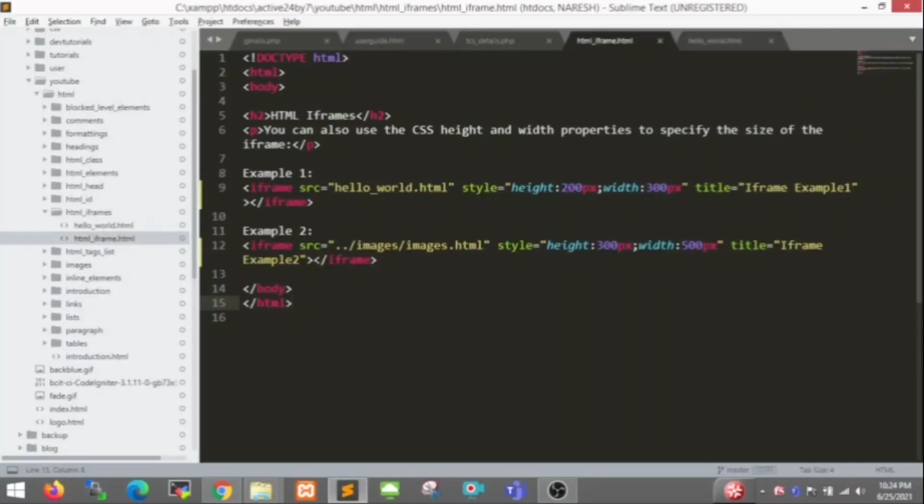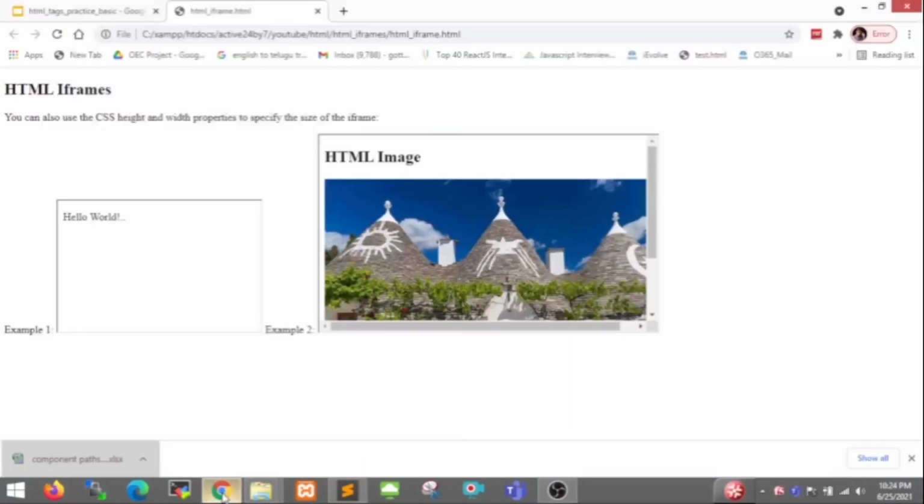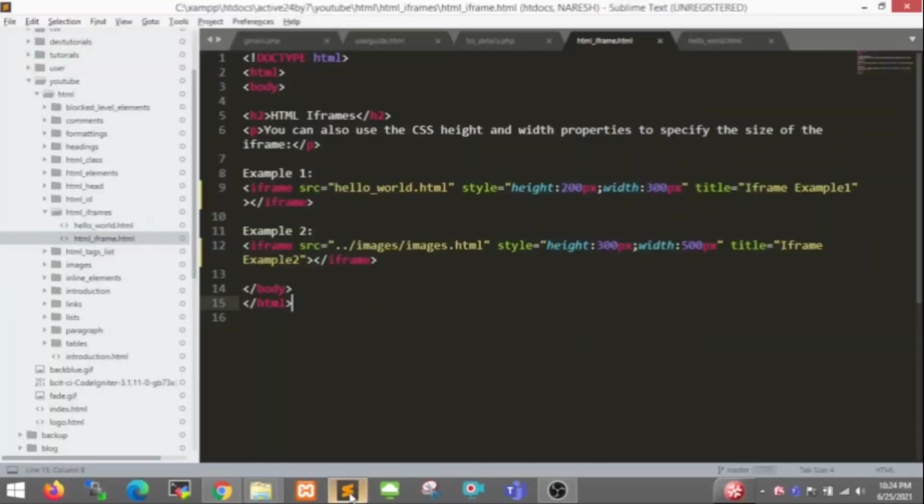Similarly in example 2, iframe, images, class images.html, with height 300 and width 500. We are seeing our output. This is an image. Actually I didn't write any image element here, but I loaded the image from another resource location.